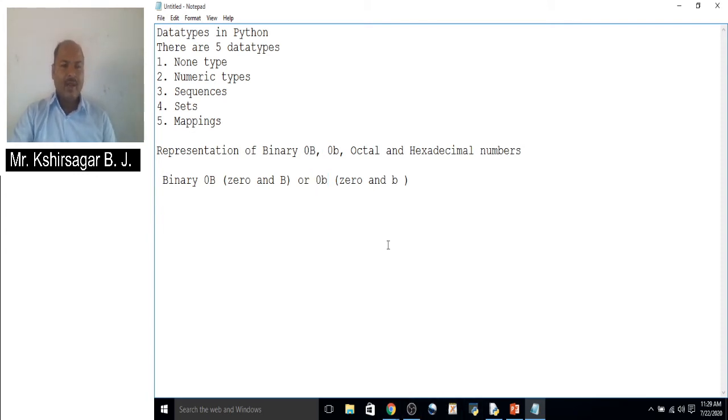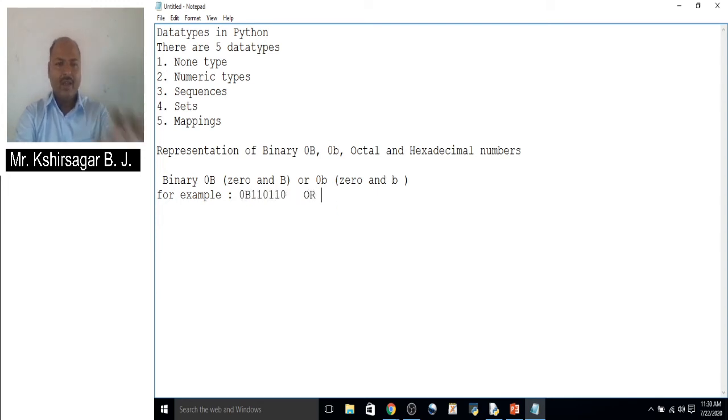For example, if you want to write a binary number, it should start with 0b or 0 capital B. Suppose you want to write 110, like that. So this is a binary number.